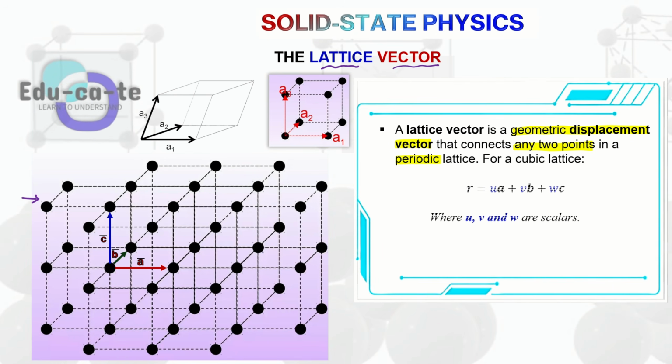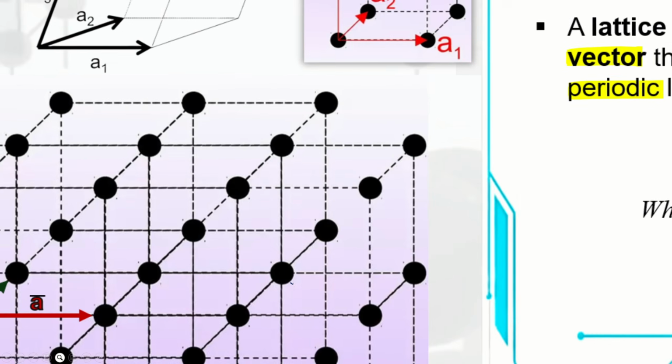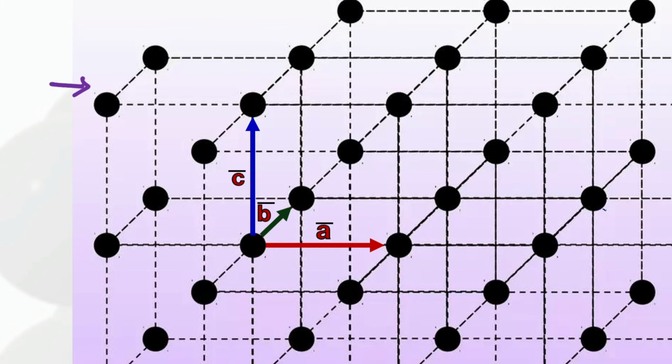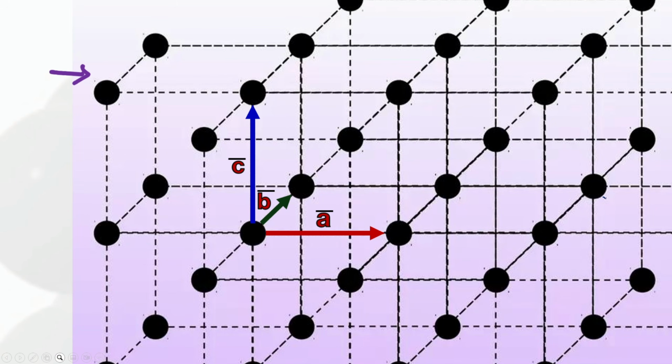or a lattice that keeps on repeating itself. All right. So when we want to describe the lattice vector, we describe it as R equals u times vector A plus v times vector B plus w times vector C. And then you might be wondering, what in the world is this? First of all, when we know these three lattice vectors, you can locate any other point on the crystal lattice from just these 3 lattice